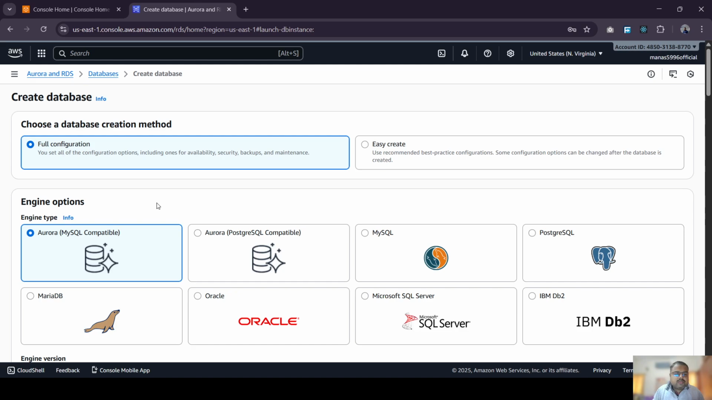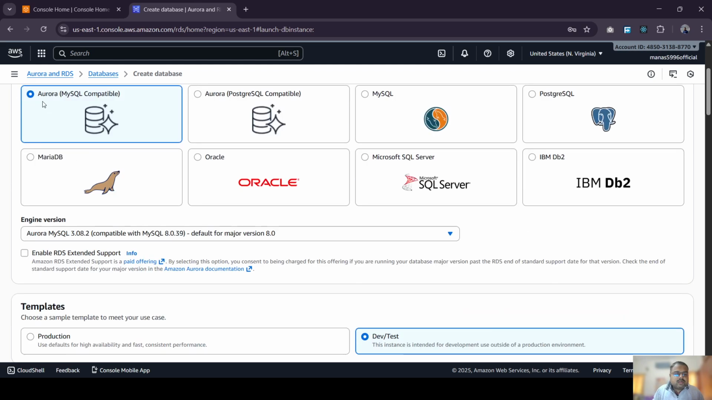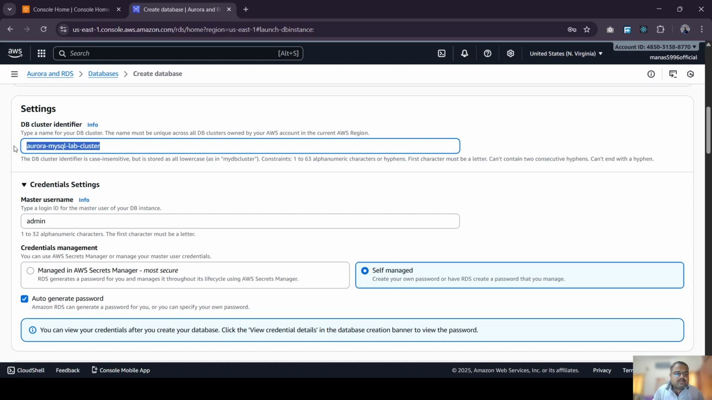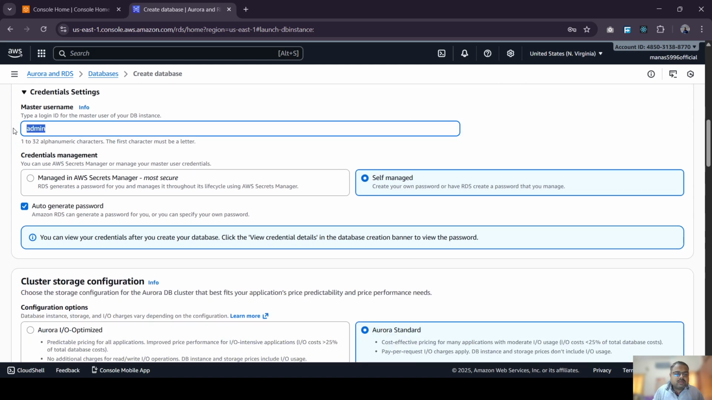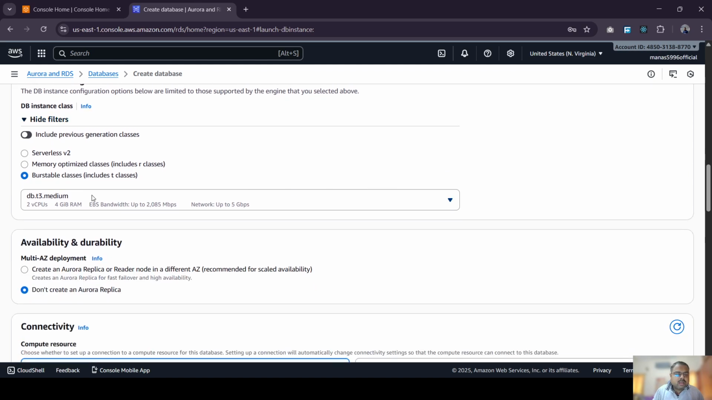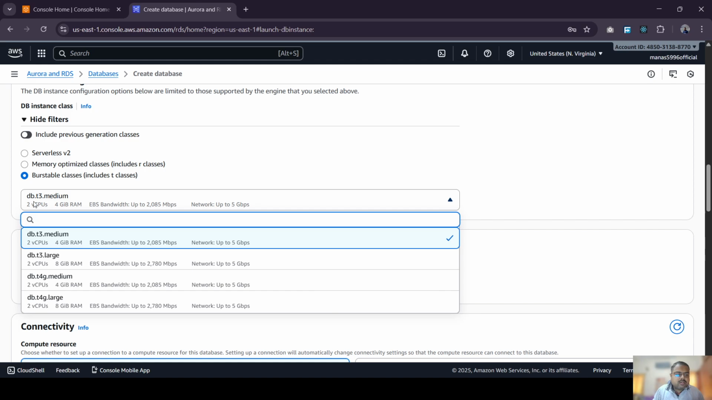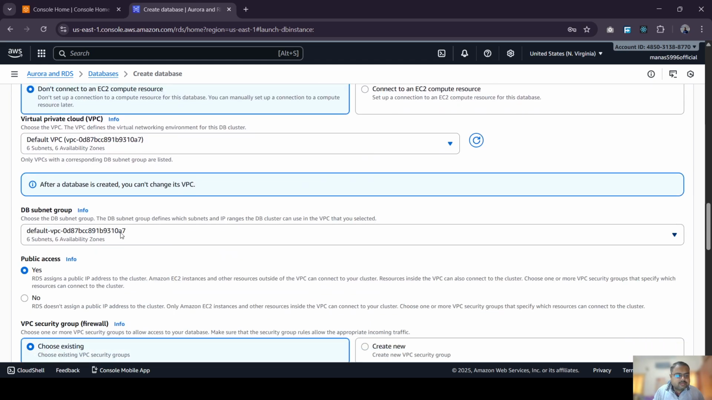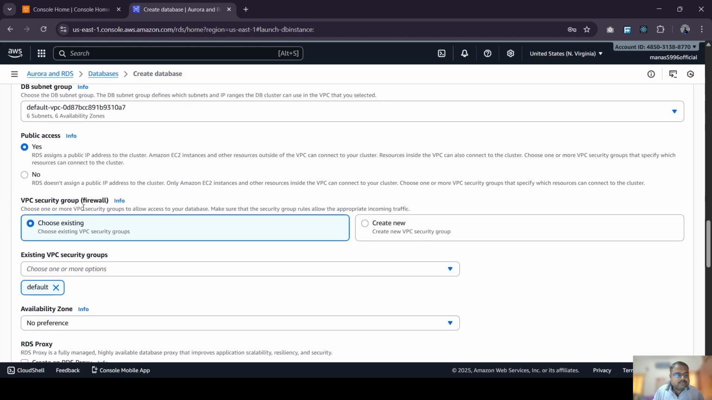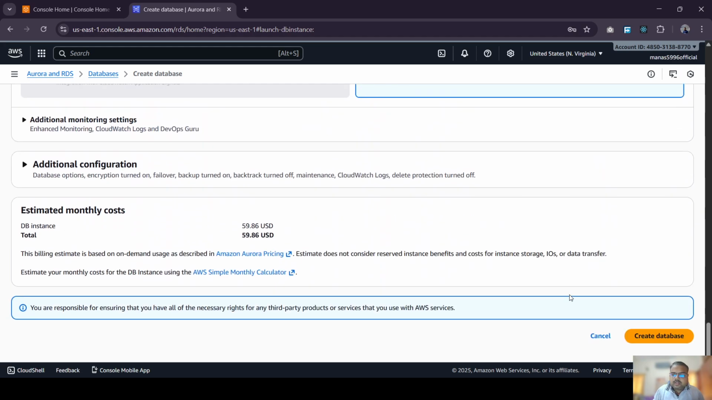So these are the very few configurations. In the full configuration, Aurora MySQL compatible, a dev and test mode, Aurora MySQL lab cluster, admin as the username, and a self auto generated password, Aurora standard as the cluster storage configuration, burstable classes as the T3.medium instance type, and a public access for the connectivity, and that is it. And now we are going to click on the create button, and this create database will